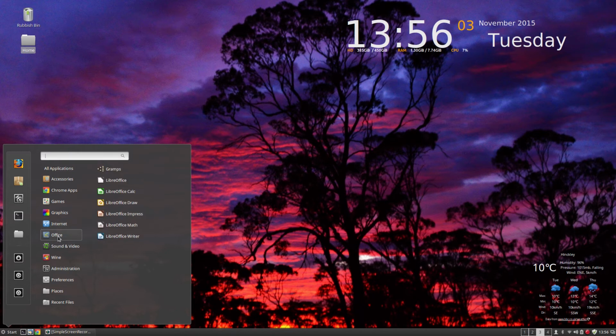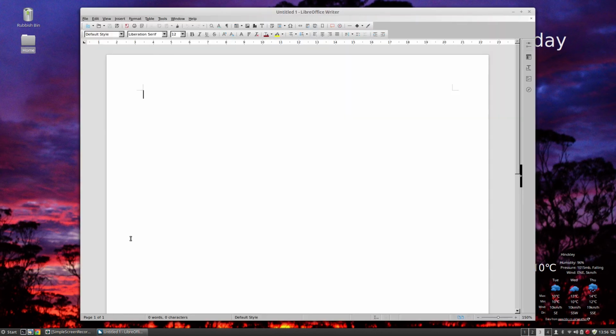Office, well, why would you pay money out for something like Microsoft Office when you can get something which is good, if not better, for free? This is LibreOffice 5. This is the word processor. You can actually change some of these themes. This is a really modern, sleek-looking program. It's very solid. You can get this for other platforms such as Windows and OS X. So I would highly recommend that